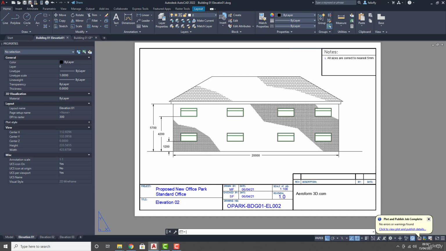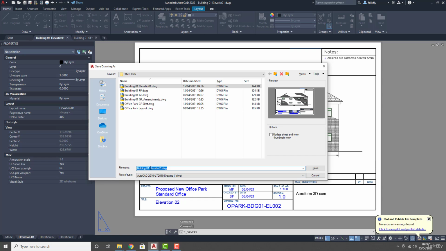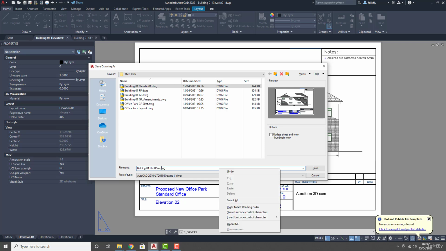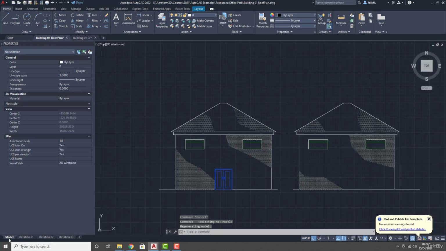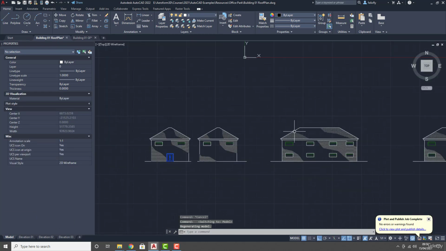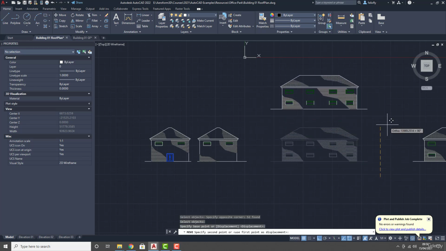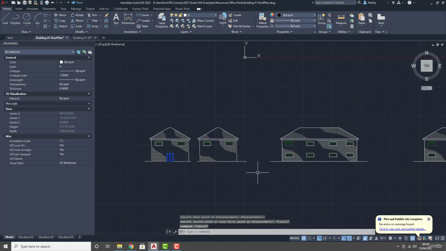So I'll save it as, and I'll say building 01. Roof plan. Let's save that. I'll go into model space and I'm just going to move this elevation. In fact, let's rotate this elevation